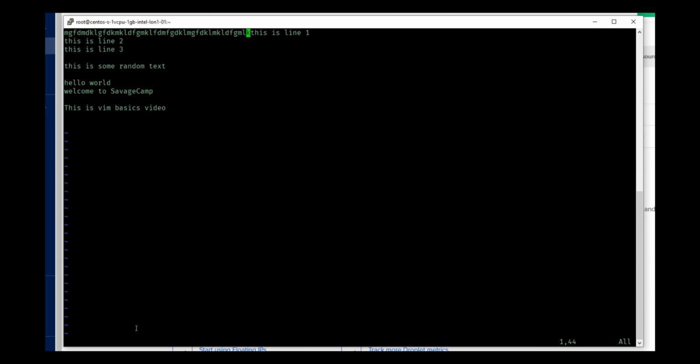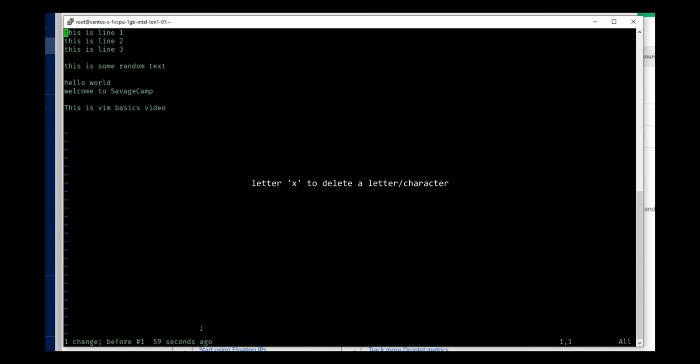Now why do we need a command mode? Because in the command mode, there are some buttons that have functionalities which will help you work faster. I made this change, and suppose I don't want to make this change. I had a typo in here. If I just press the letter u, it will undo the changes just by pressing one letter, and you will see one change before, and then 59 seconds ago.